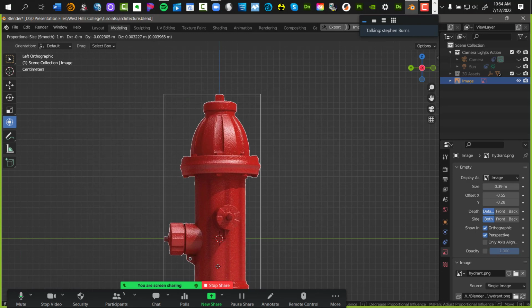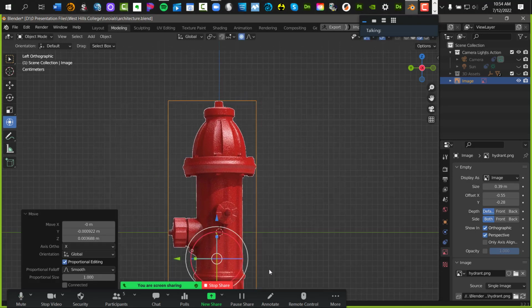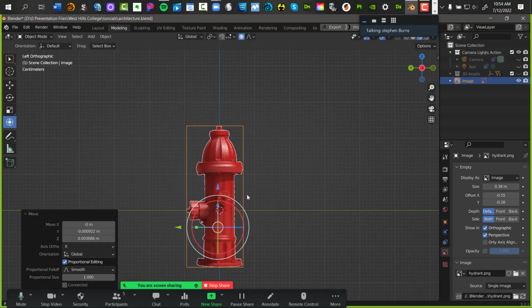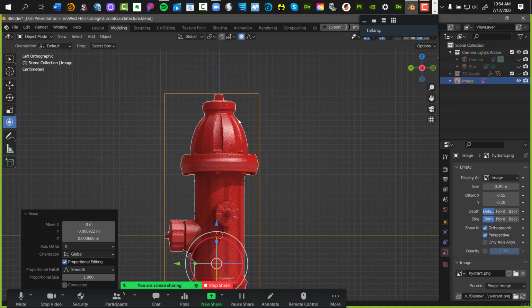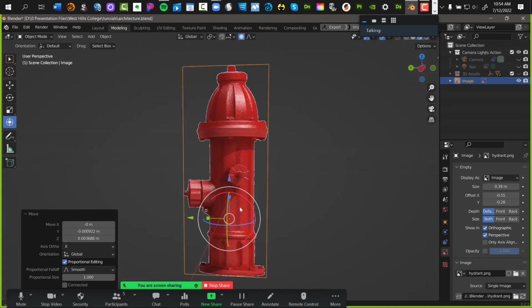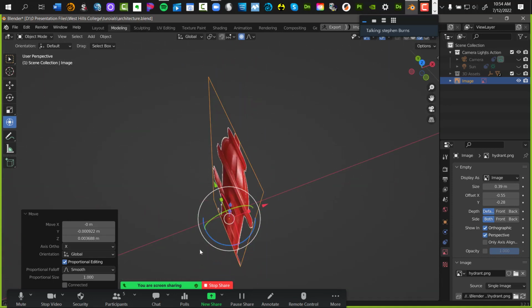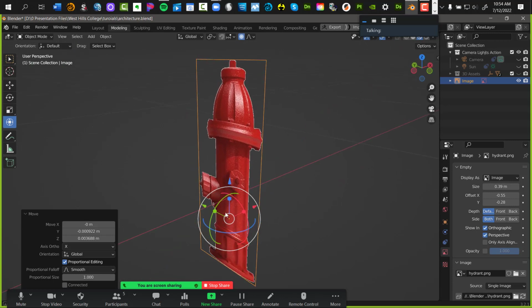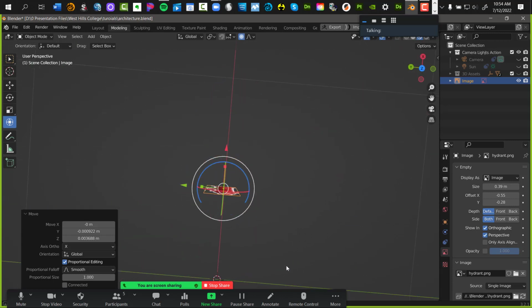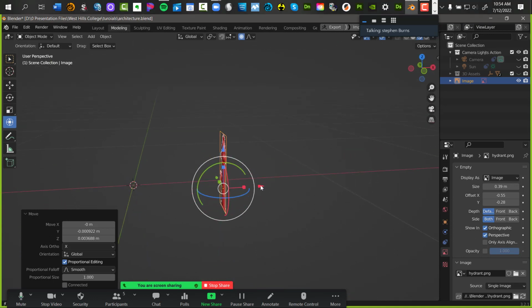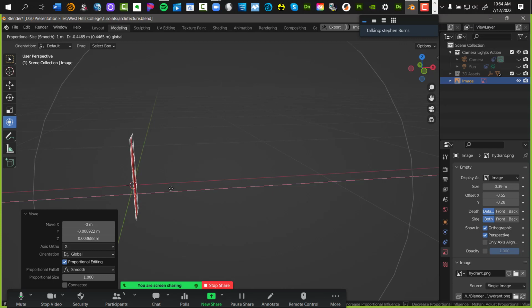Just do your best you can to do so. It doesn't matter where it is on the z height, just as long as it's centered. That's all I really care about. I might want to bring it back a little bit just to put it right on the 0, 0 axis.